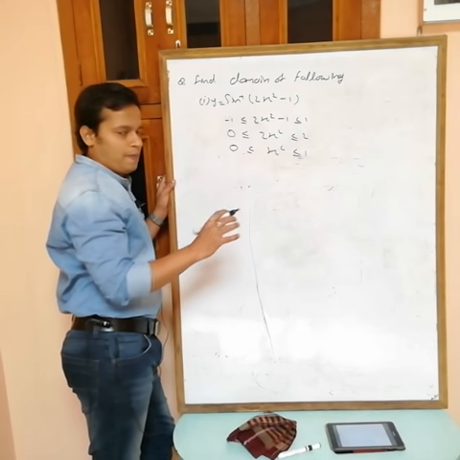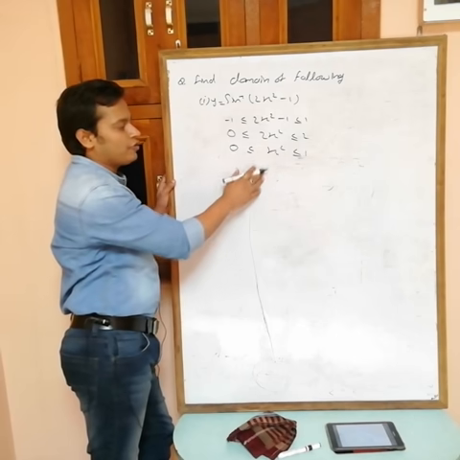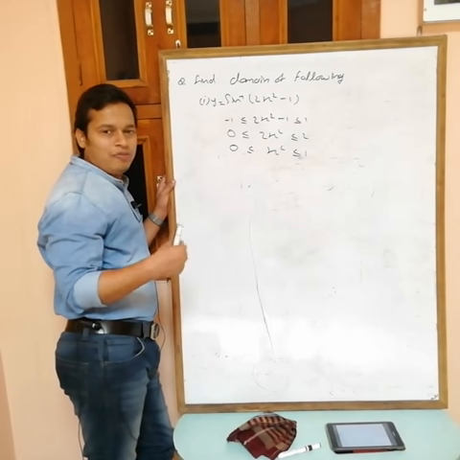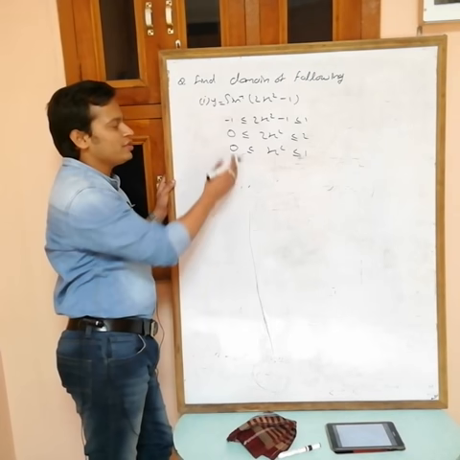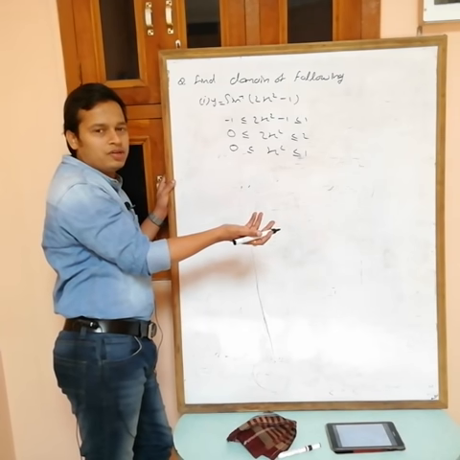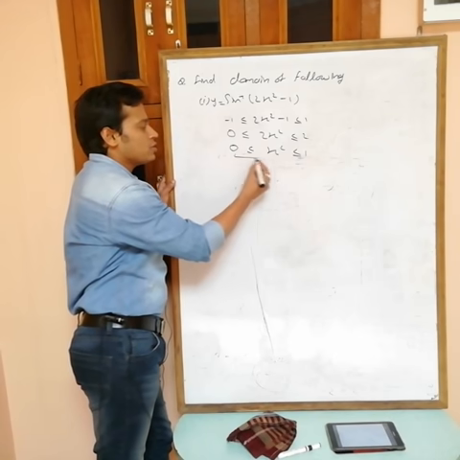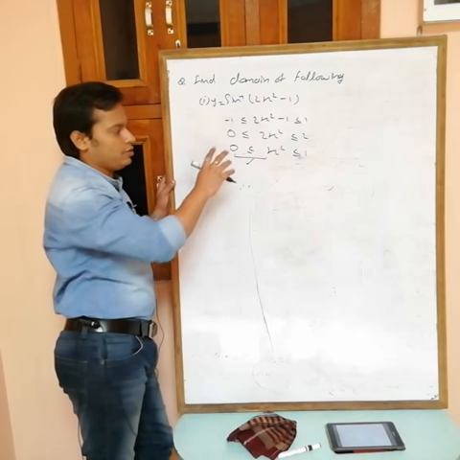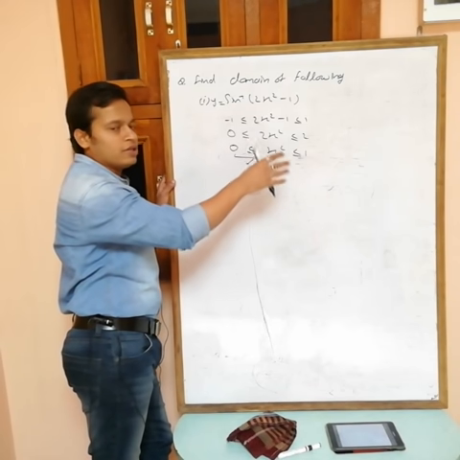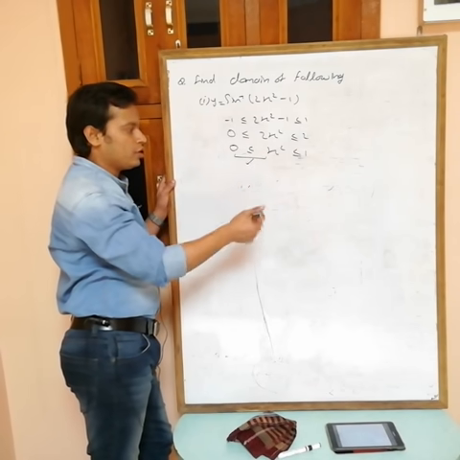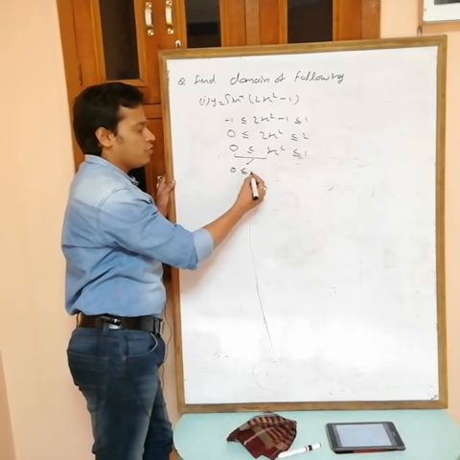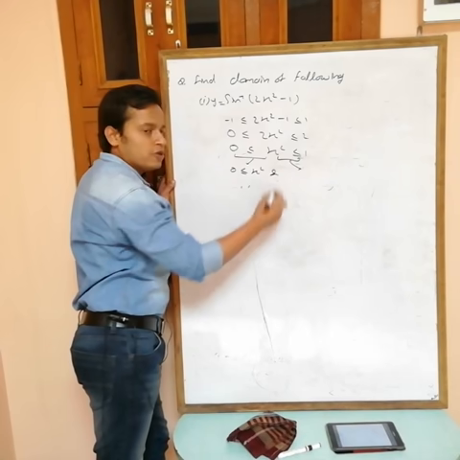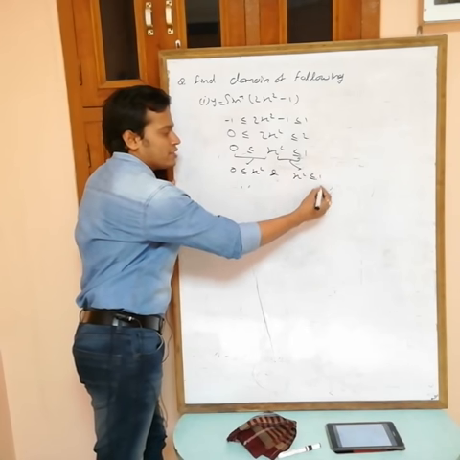Okay? See. If you want the complete method, after this one I can write that x can take values from minus 1 to plus 1. If you take any value from minus 1 to plus 1, then its square is always greater than or equal to 0 but less than or equal to 1. But also if you want the complete process, then see, anytime you have an inequality in this form, a less than or equal to b less than or equal to c, then break this one. So this one must be satisfied, 0 less than or equal to x square, and this one must be satisfied. Both must be satisfied. X square is less than or equal to 1.